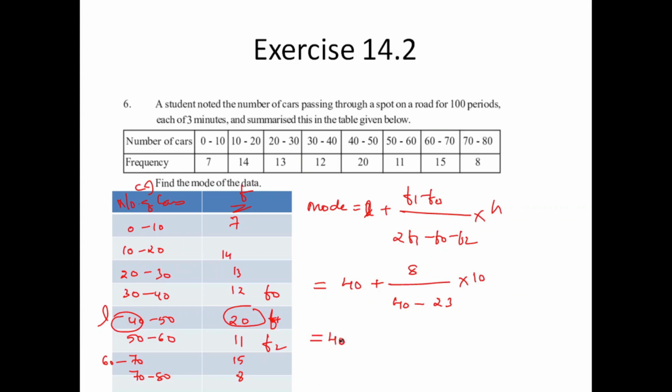So at last 40 plus 8 by, when I'm separating these two, this comes out 17 and into 10. So doing these two into, that is 40 plus 80 by 17. When I'm dividing 80 upon 17, I'll get 4.7 approx. So the resultant of this one is 44 exactly. So your number of